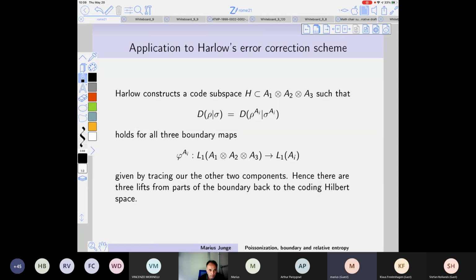I want to mention another connection, after we have this relative entropy. There's one famous error correction example by Harlow. He starts with a Hilbert space H. His space is 3-dimensional, and all of these are also 3-dimensional, but one can easily generalize this to a higher dimension. So he calls this a code subspace, and our von Neumann algebra N here is the bounded operators on A1 tensor A2, A3, right? So a finite dimensional algebra. And we have here the subspace. So this of course contains the bounded operators on H.